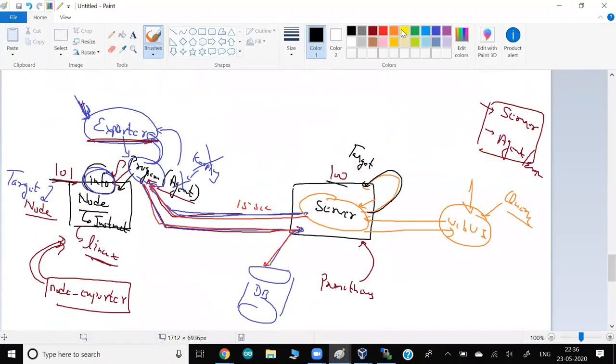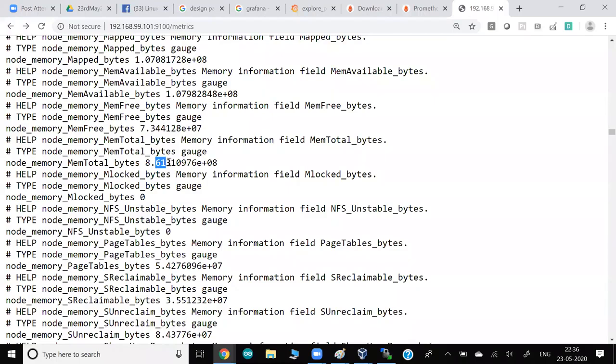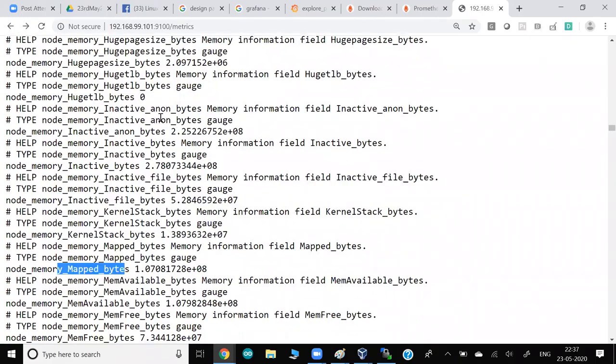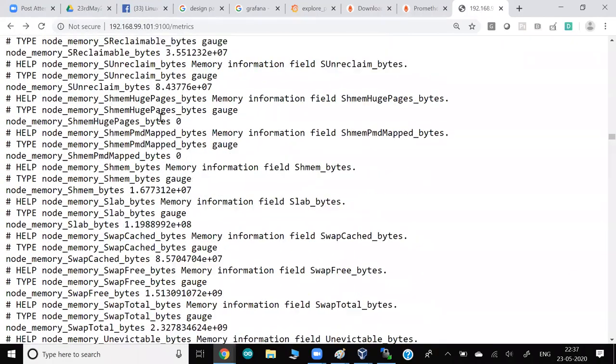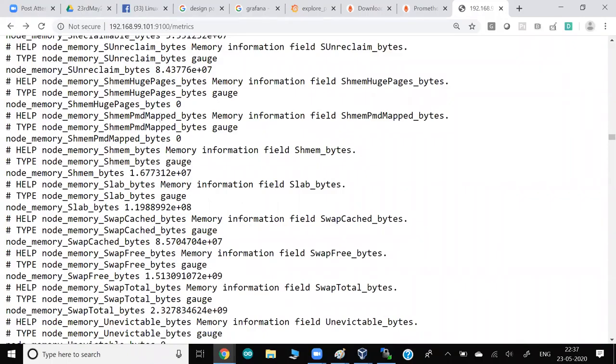So the Prometheus server says, right, I go to this guy, and they give me the complete information. Okay, but before I store it in my database, what I'll do is retrieve this value, then store. I retrieve this value, then store. I retrieve this value, then store. So I will retrieve every individual key and value, every individual metric. So in the future, if anybody is looking only for this metric, they can search for it rather than see the complete data.